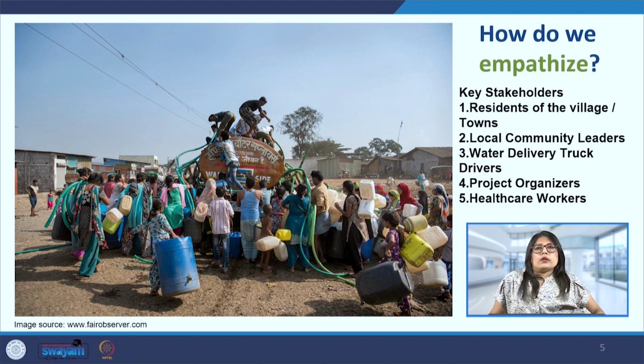Now, coming to the next stakeholder, which is the project organizers. Here also we can benefit from stakeholder meetings because they are the ones who will be organizing and implementing this project. So the stakeholder meeting is going to be very relevant. People from all the groups that are here on the screen, and maybe some other stakeholders as well, can be brought under one roof, and then the idea sharing and problem discussion can be done.